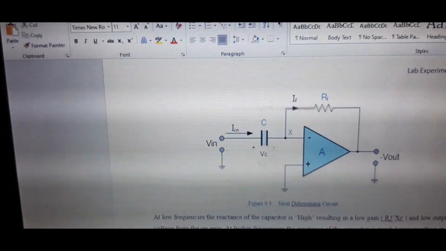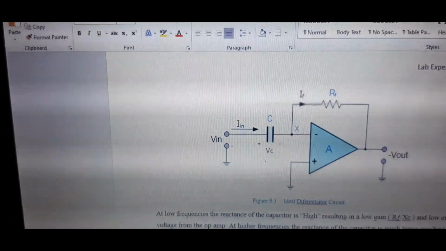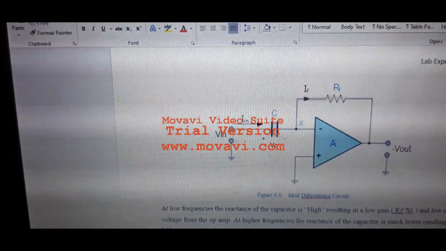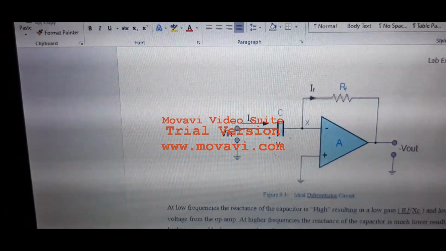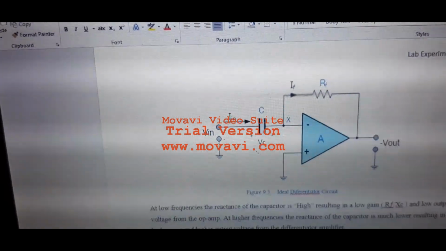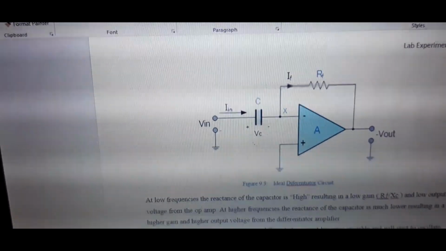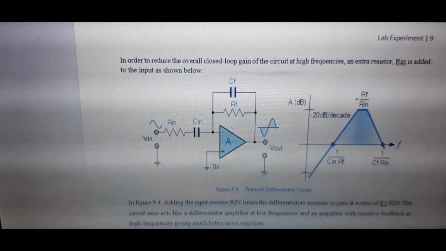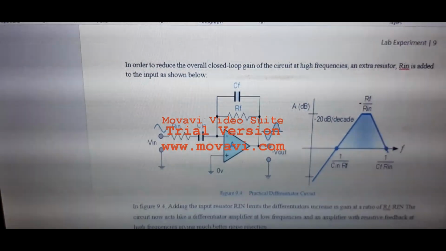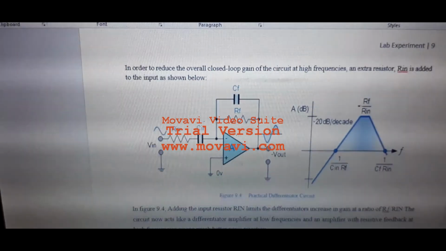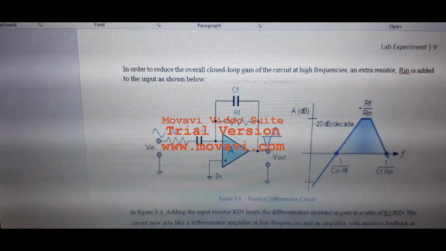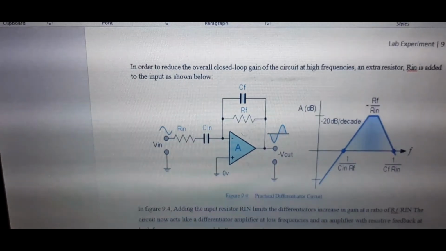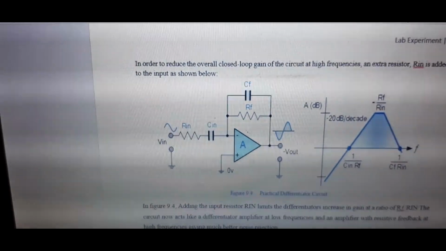As you know, with the integrator circuit we have a resistor and a capacitor forming an RC network across the op-amp. The reactance XC of the capacitor plays a major role in the performance of this op-amp circuit. This is the circuit diagram of the pure ideal differentiator circuit, and the circuit diagram for a practical differentiator circuit is also shown in the figure. Here you can see that a capacitor is connected in the feedback path. This capacitor is used to remove the noise in the output, along with the capacitor which is connected to the input resistance and input voltage.